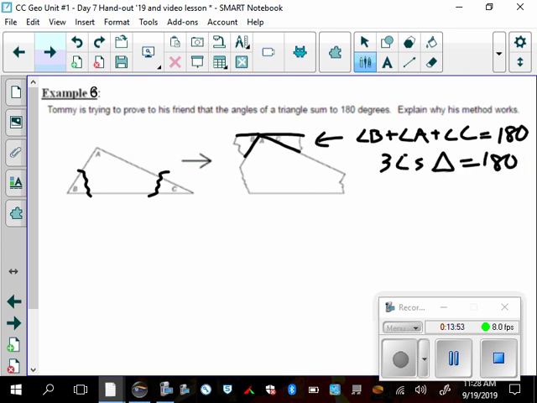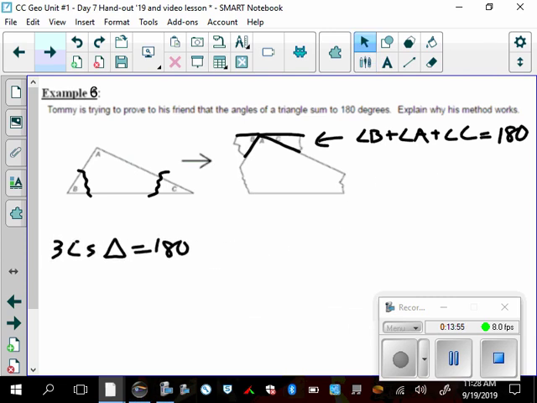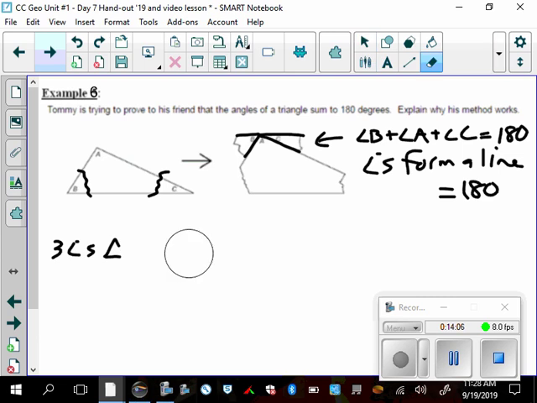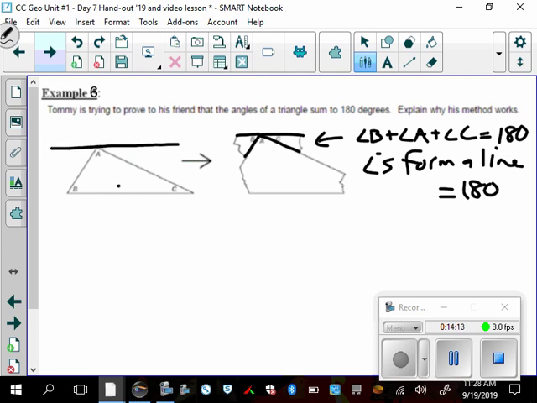No. That's what we're trying to prove, because angles that form a line equal 180. Okay, and the part that's tricky that we're going to eventually have to prove is that if I made a parallel line,